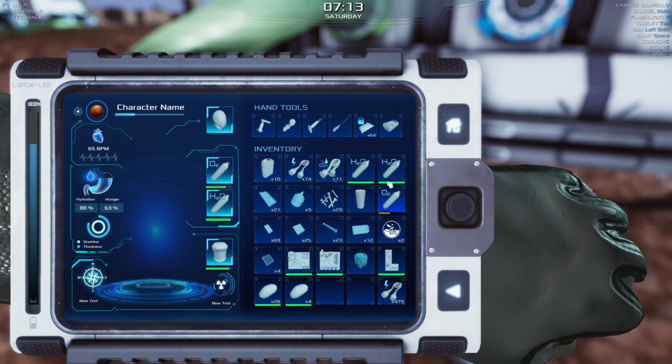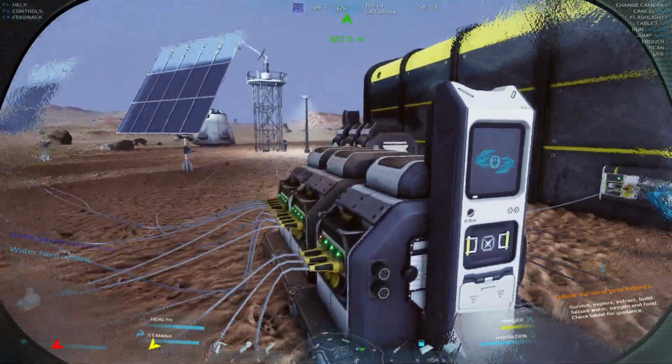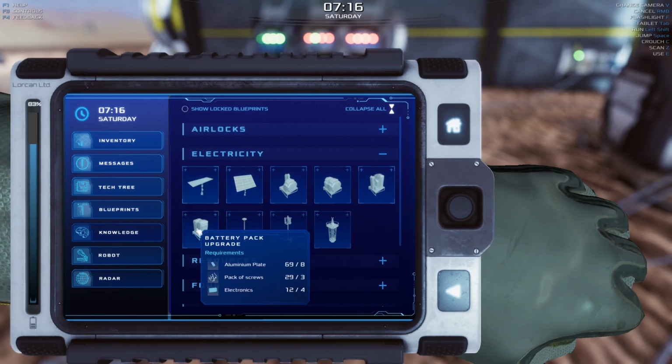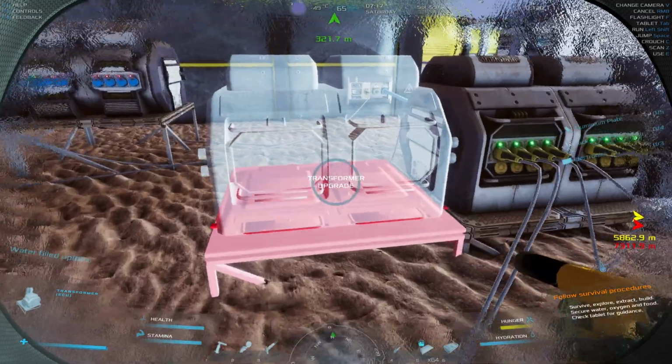Our O2 bottle, H2O. We got plenty of H2O. Okay, I'm thinking about whipping up another bank just here, which I took down not long ago, but I think it's probably better that we put up a battery pack. No, it's a transformer upgrade. Right, now I'm going to get up a few more